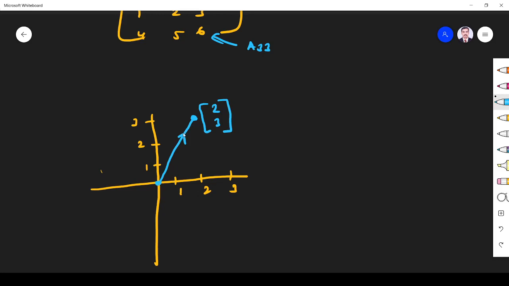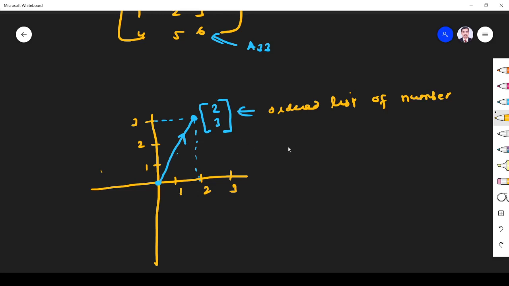This is the arrow mark, and the tail of the arrow is at the origin. In this way we can define a vector. So again you see magnitude and direction come into the picture. Already this is an ordered list of numbers. 2, 3 is an ordered list of numbers, and I can denote it pictorially in this way. Now you see it has both magnitude and direction.